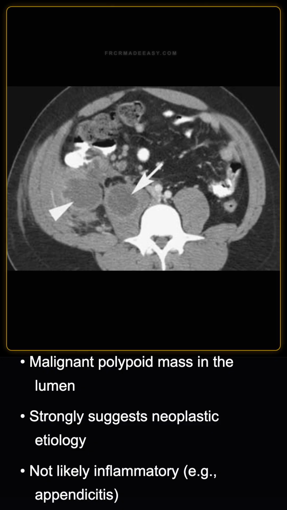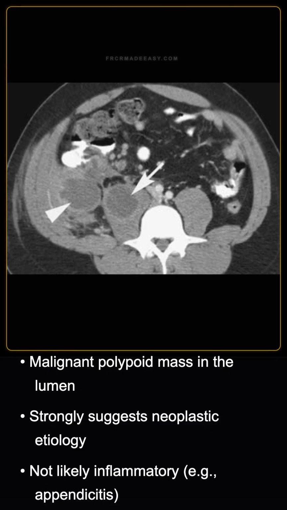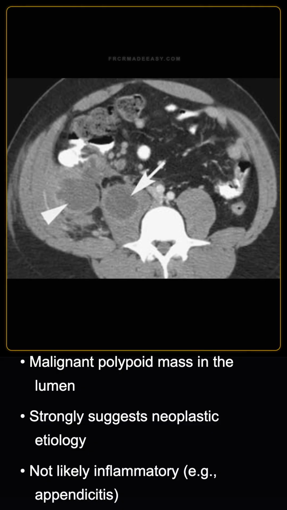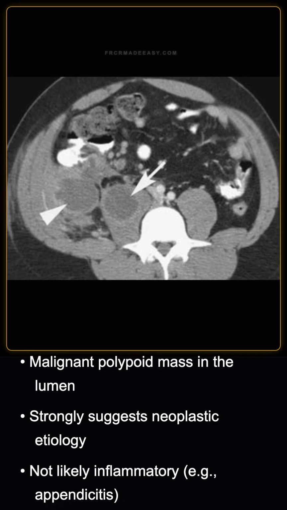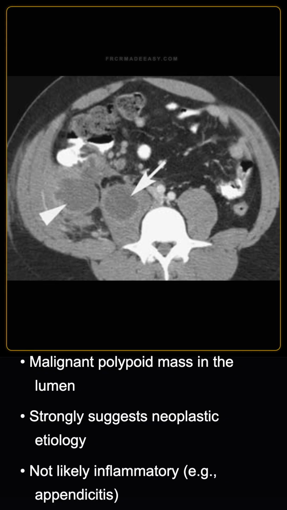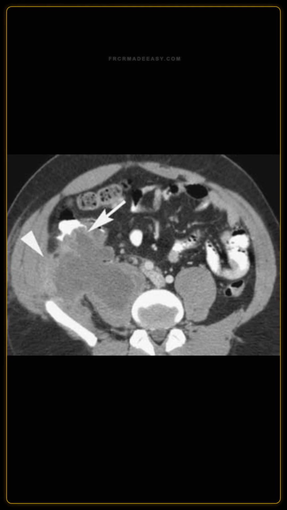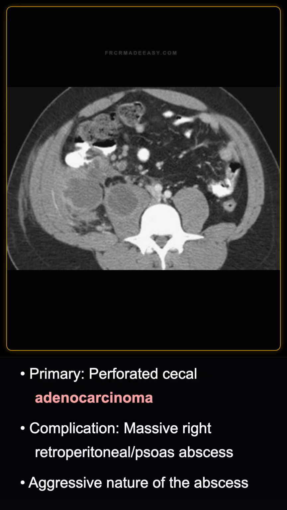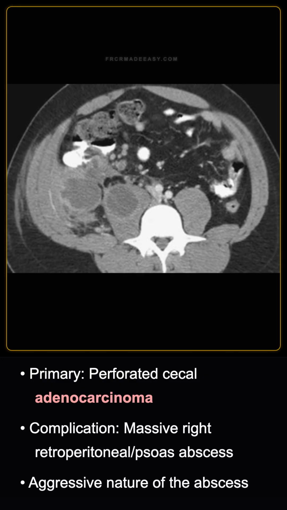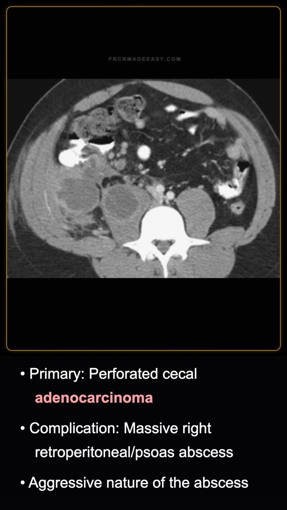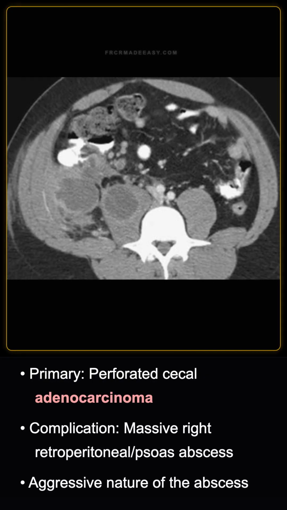So, the presence of that discrete, asymmetric, enhancing intraluminal polypoid mass strongly dictates a malignant neoplastic etiology rather than a purely inflammatory process like appendicitis. Therefore, what is the primary unifying diagnosis? The primary diagnosis is a perforated cecal adenocarcinoma, which is now complicated by a massive, aggressive right retroperitoneal and psoas